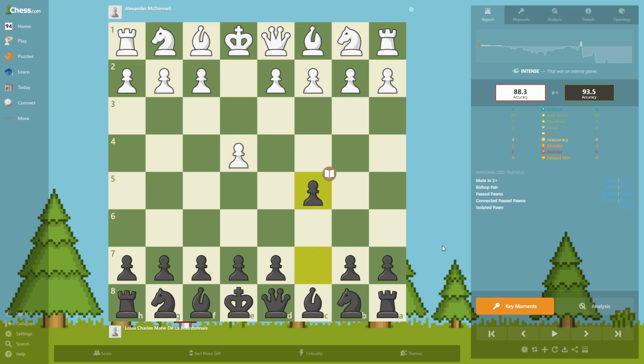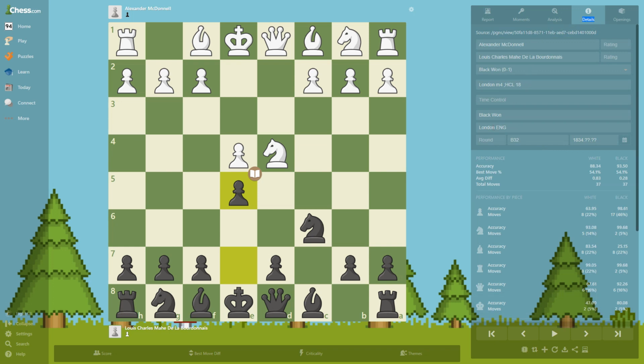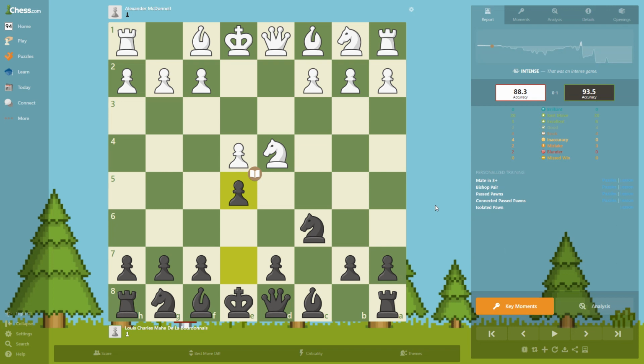e4, c5, Sicilian, Knight f3, Knight c6, d4, takes. So this is a standard open Sicilian. And here e5. This is called, I think, Sveshnikov or whatever. It is pretty popular today, but in that time it was actually pretty revolutionary for someone to play this move,